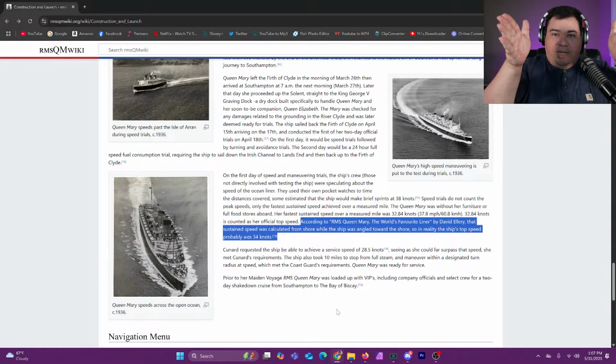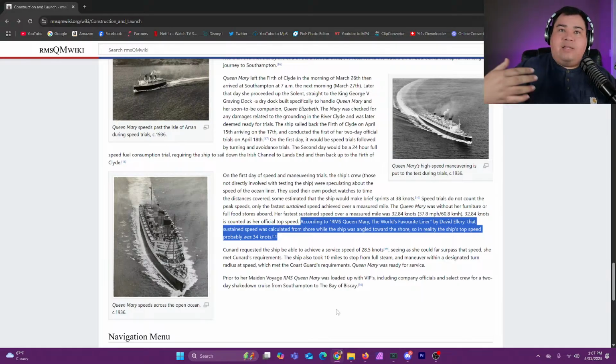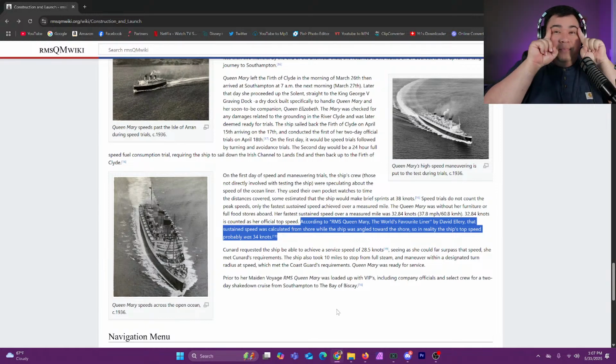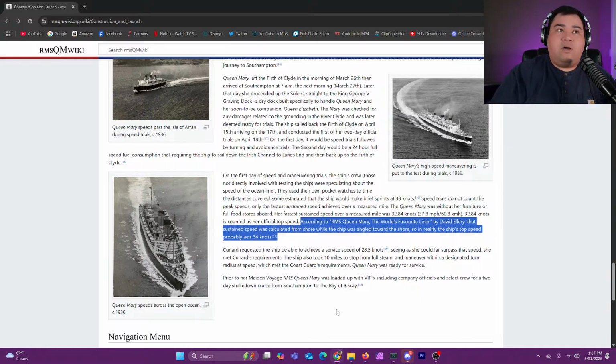So they didn't take that into account. They just take it from line of sight. So in actuality, the Queen Mary is probably traveling a longer distance. So however long it took her to get from the eyesight of one end of that mile to the other end was actually probably much faster. So she was probably going about 34 knots when she did that. In fact, some supporting evidence for that is that there were plenty of engineers on the ship when that happened, and they were able to calculate that Queen Mary is going about 34 knots. One person calculated that she went 38 for a brief period, but ultimately the average was 34.